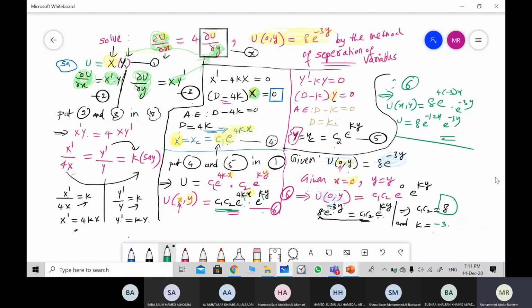This will be a long answer in the exam, like this. Maybe here you see they gave x equals 0, maybe here not 0, some other value, or x same but y may be given some value like that also, but other steps will be almost the same, we follow.